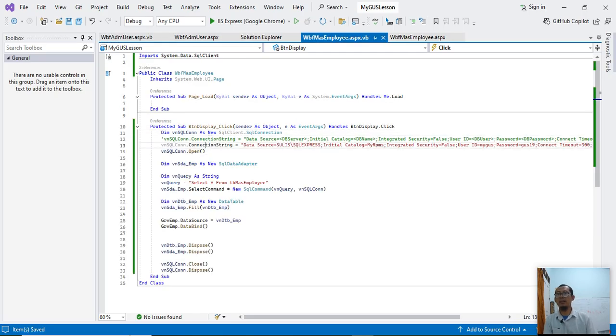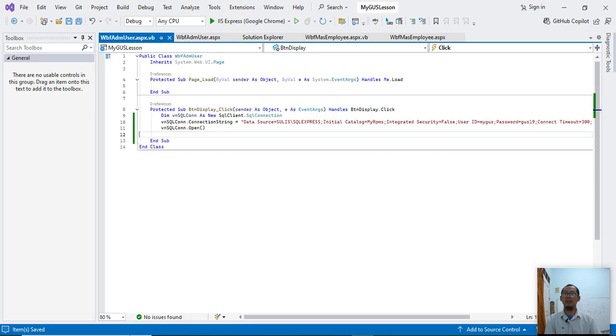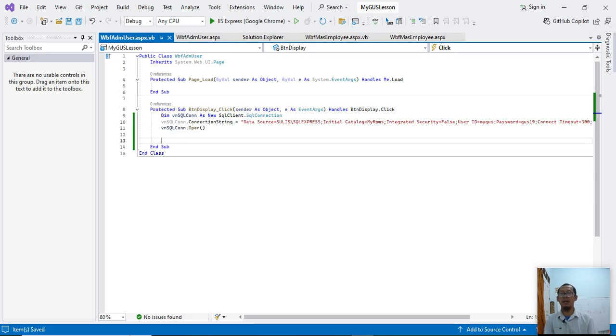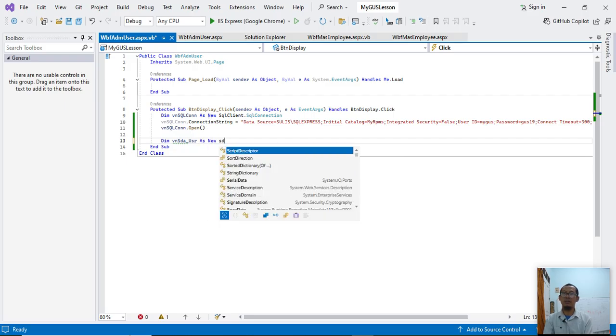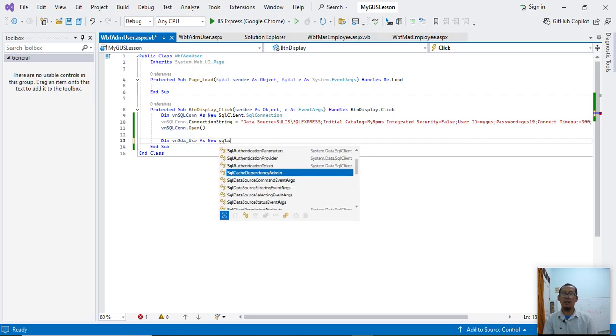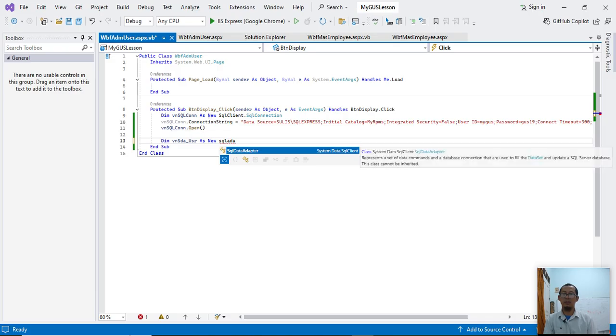Let's just copy the connection string. Now let's create the data adapter. vn sda user as new SQL adapter.